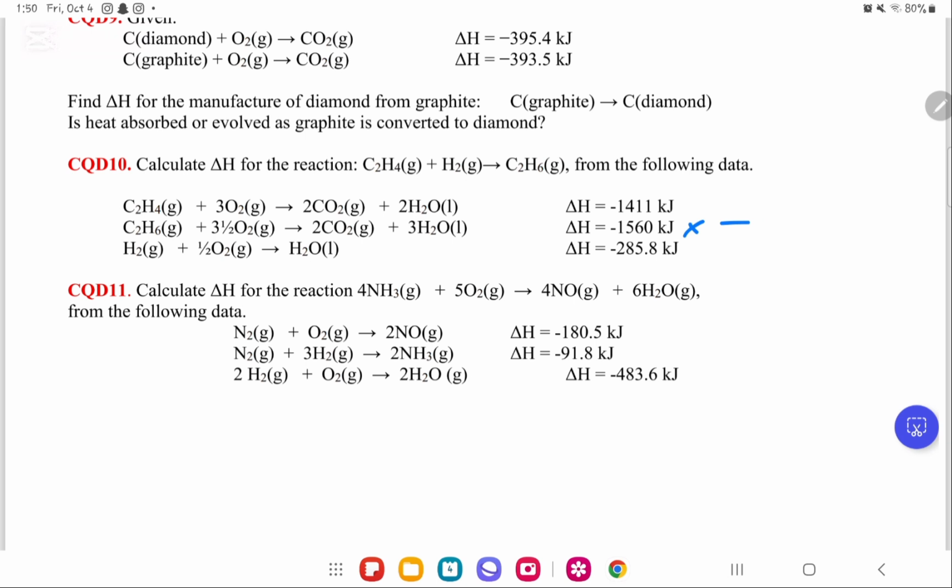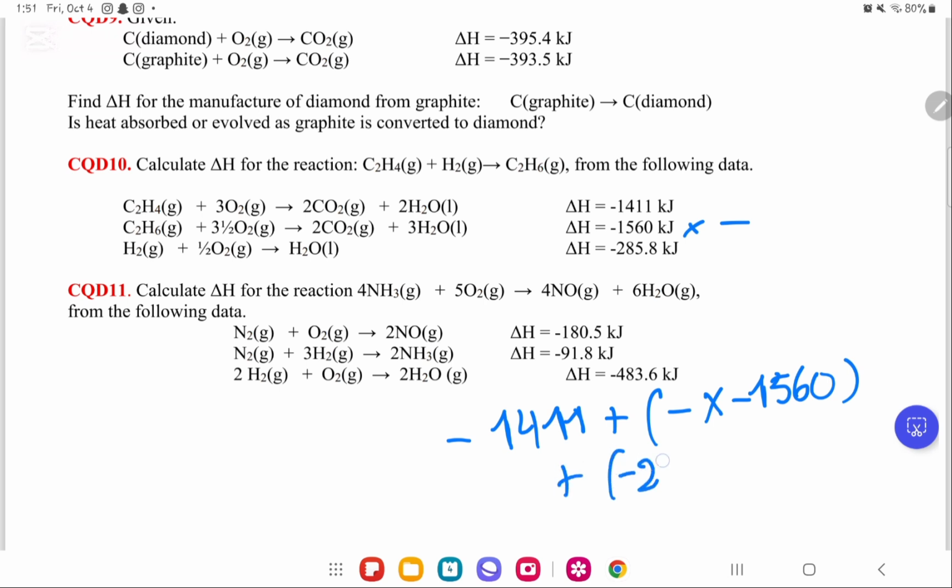So if we're gonna apply it, it is gonna be minus 1411 plus minus times minus 1560 plus minus 285.8. If we do it on the calculator,